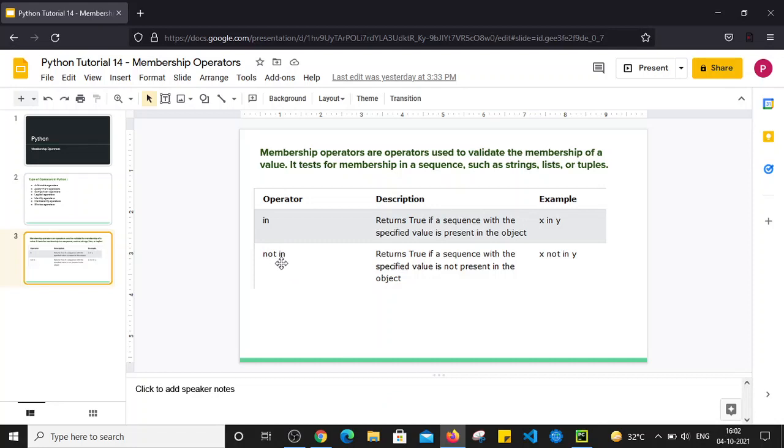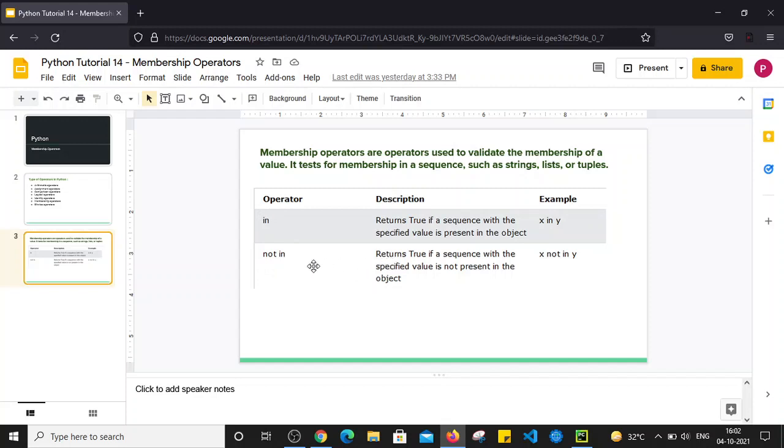So in and not in operators are membership operators that are used to validate the membership of a value. It will check the membership of that specific value in a sequence. If that value is present, then it will return true, and if it is not present, then it will return false. Similarly, not in is the opposite of in.